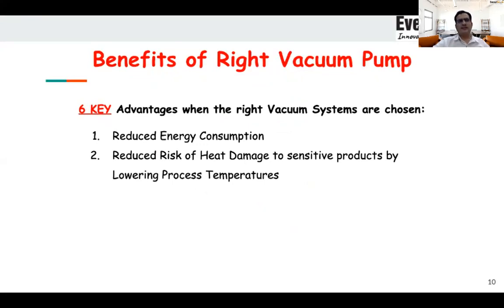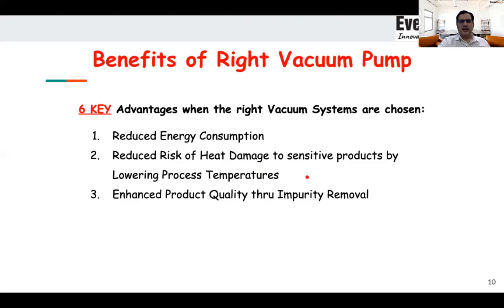In most cases, vacuum is applied because the material is thermally sensitive. They don't want to go beyond a particular temperature. Like in Aurobindo Pharma, I was just attending to a person right now, and we were discussing an application in Aurobindo Pharma where their material is only stable up to 45 degrees. So they cannot cross 45 degrees. So there they tell us that you do all our processes at 35 degrees to a maximum of 42 degrees. A 7-degree delta range they have given us.